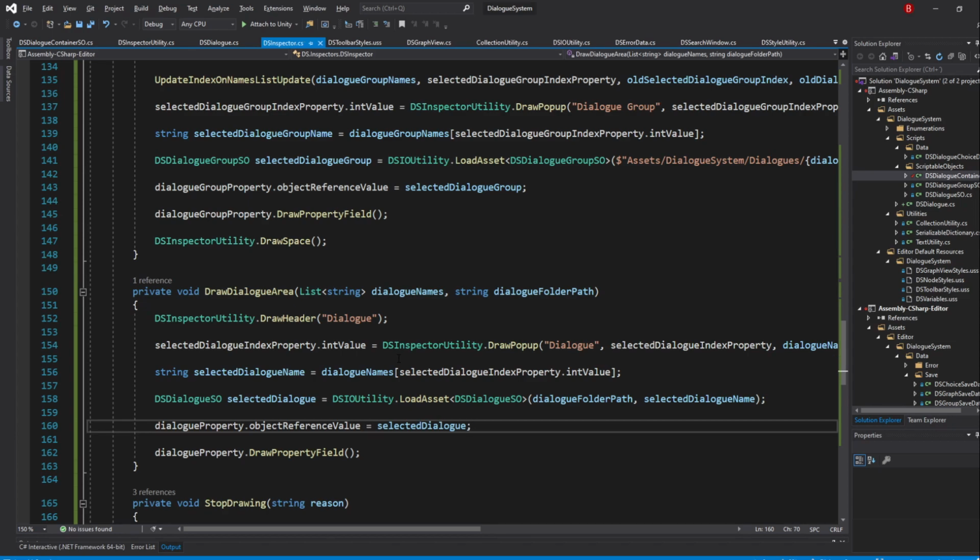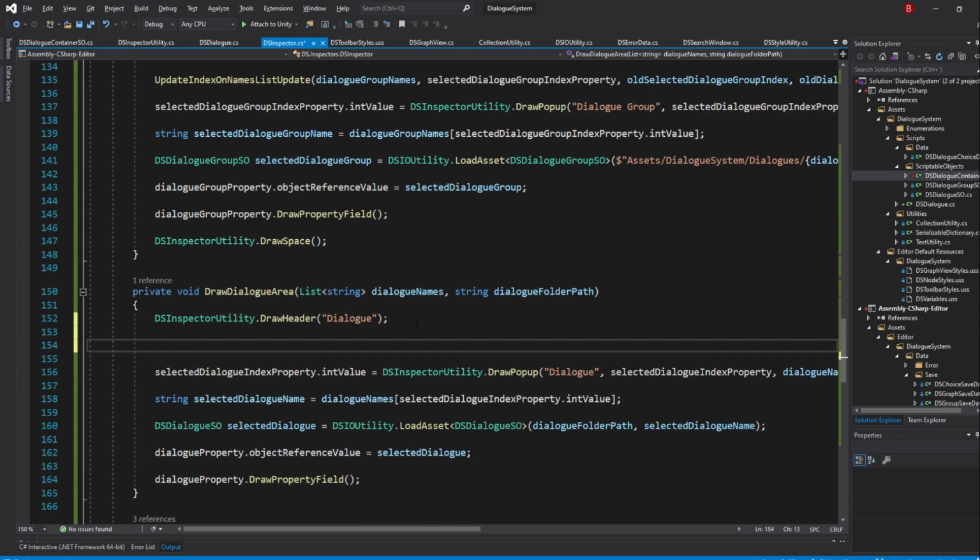Our dialog property is now being set correctly. We also have no fields that we can select depending on the chosen dialog, so we don't really need to reset any index. However, we do also need to update our index whenever an update to the graph, container or filters happens. To do that, just before we draw our popup, type in int